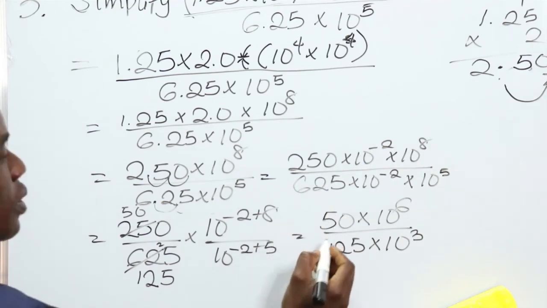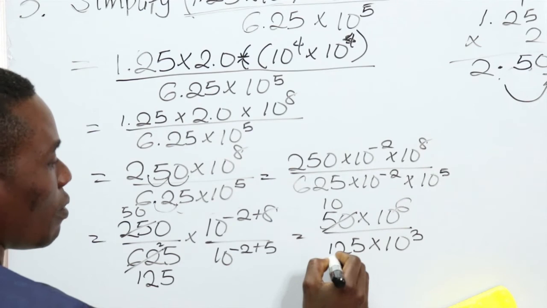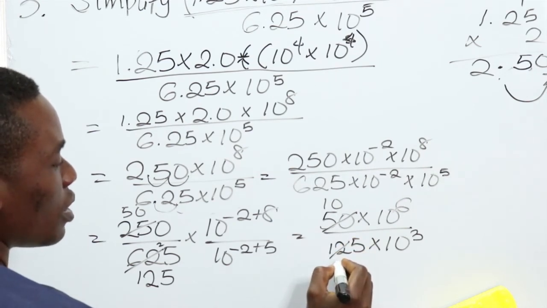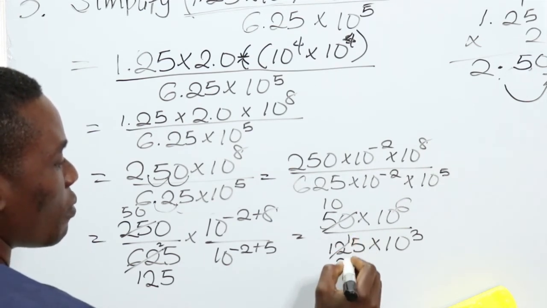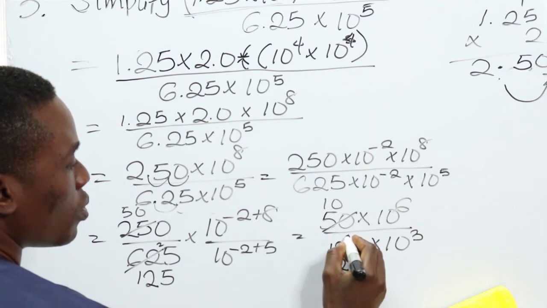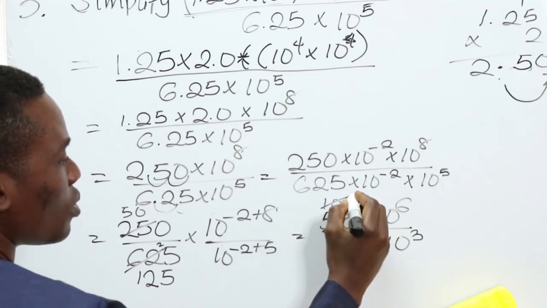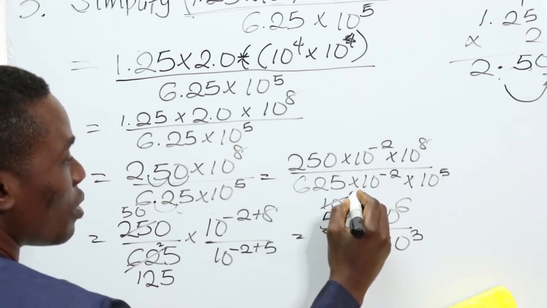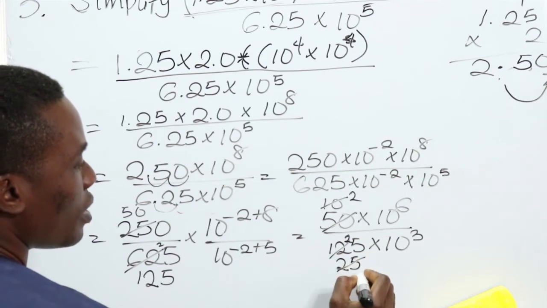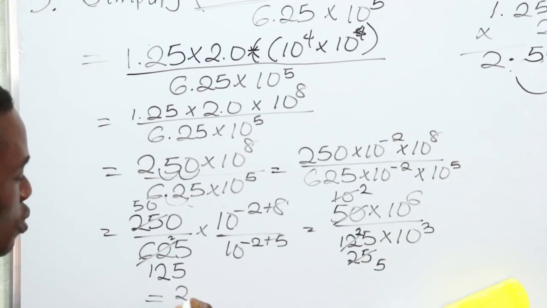So reduce this further. 5 will go here to give us 10, 5 in 12 will give us a 2, remainder 2. Then 5 in 25 will give us a 5. 5 in 10 will give us a 2, then 5 in 8 will give us 5. So generally this will now give us 2 over 5